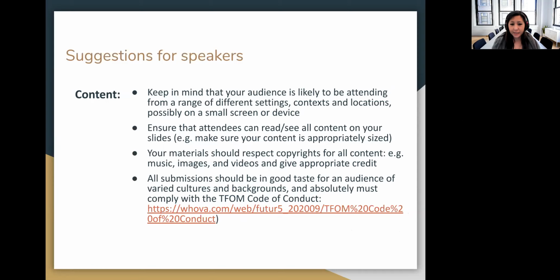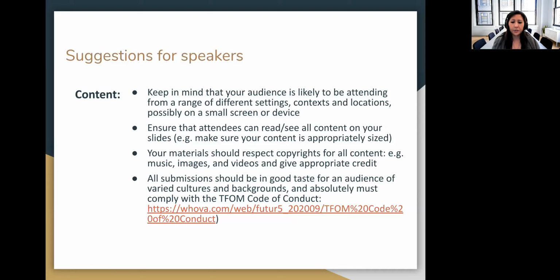So we can't make any assumptions about where our audiences are attending anymore. I think that's actually one of the exciting things. You could be anywhere. You could be outside, inside, in transit. So there's a lot of different settings. Don't necessarily assume that someone who's watching is at home with 2 screens on a desktop with a big screen or anything like that. There's going to be a wide range of settings. Some people might be watching on a personal mobile device or so. So just keep that in mind when putting content together.